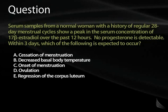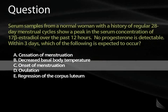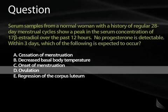So this is a question that tries to highlight the menstrual cycle issues. Serum samples from a normal woman with a history of a 28-day cycle show a peak in the serum concentration of estradiol over the past 12 hours. No progesterone is detectable. So they want to know which of the following is expected to occur within the next 3 days. So the correct answer to this question is D, ovulation, because as I said before, the key events